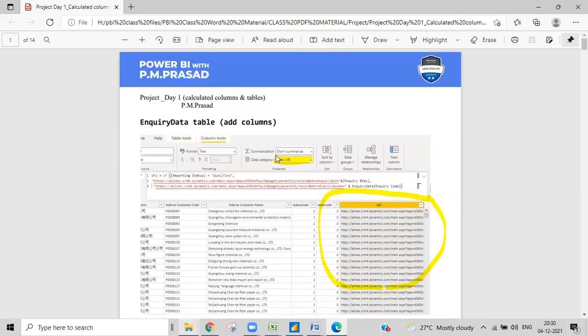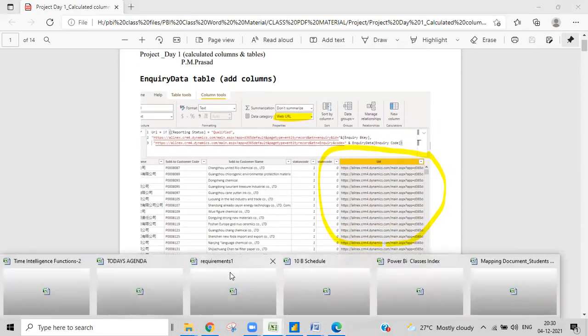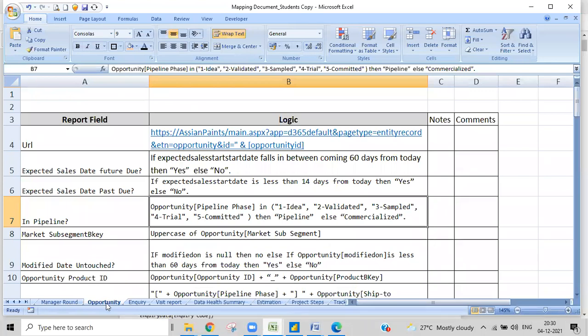Coming here, for this real-time project, we have some requirements. This is a requirement: we need to create a URL. This is the URL, and we need to add the opportunity ID to it and create a column for that.